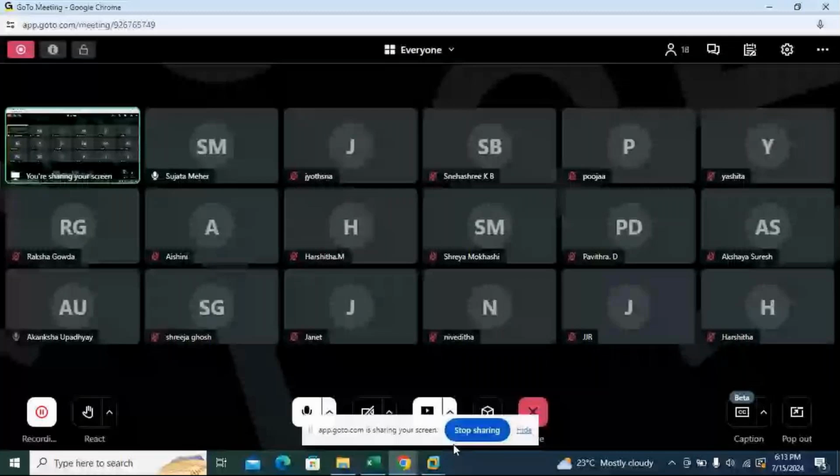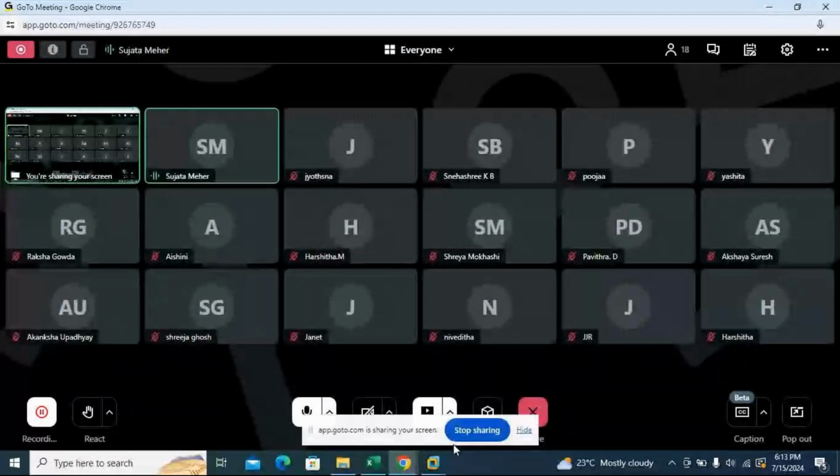Here you have to open SAP Management Console. Okay, double click on SAP Management Console.